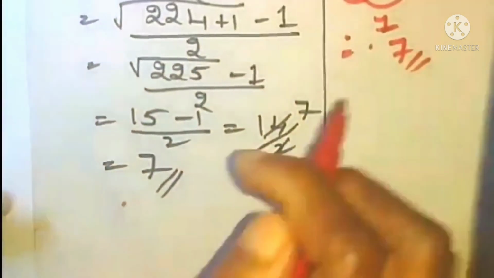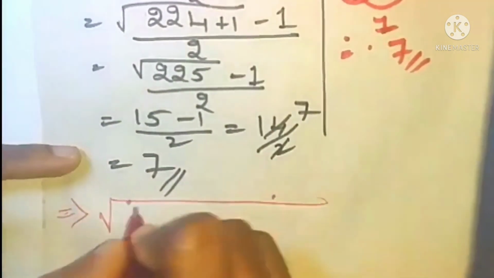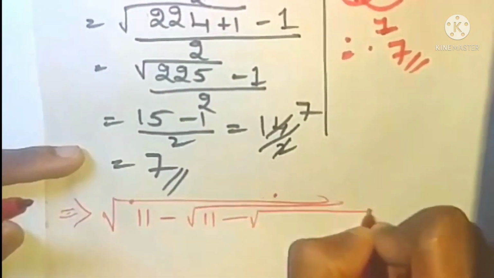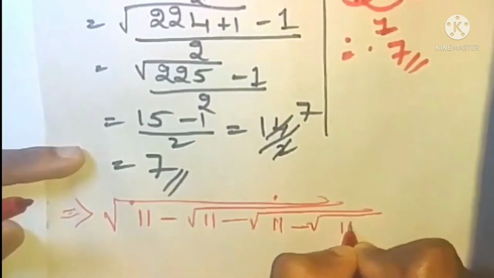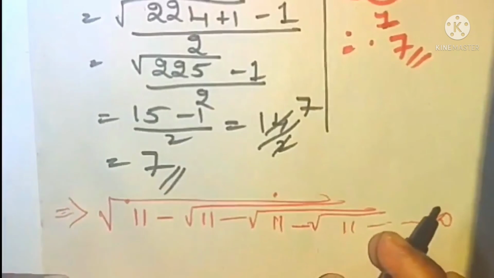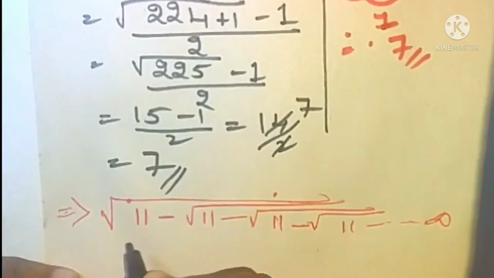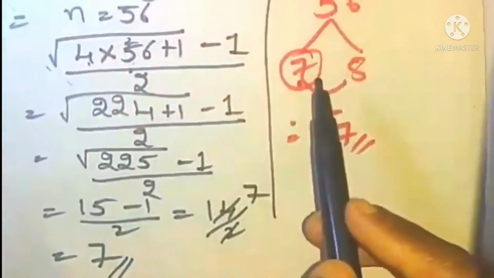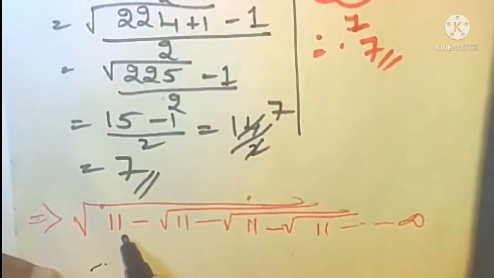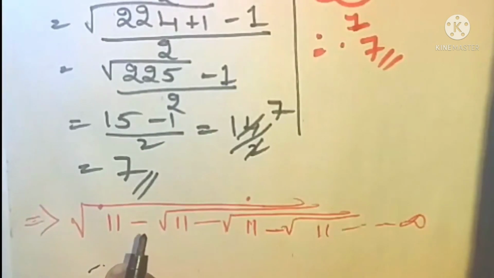Okay. Now I am giving one more question for homework. That is under root 11 minus under root 11 minus under root 11 minus under root 11, going on to infinity. Now children, I am giving a hint here because you will go for factors, right? But don't go for factors, because in factors also we have to get the difference 1. Whereas for 11 we don't get such factors. Though we get the factors also, the difference is not 1.